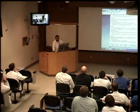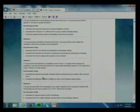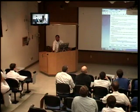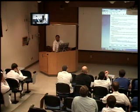This is an important one though, might come in handy in oral board settings. A 55-year-old with 4 liver mets of colon origin in segments 2 and 3 responds to chemotherapy and now has no evidence of disease on CT or PET. What are the next steps? You still proceed with resection because 8% will recur without resection. Plus, it's important, they talk about complete radiologic response versus pathologic response. So just because somebody had a complete radiologic response, you don't see anything on the CAT scan or the PET scan,